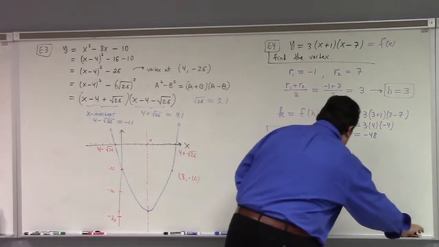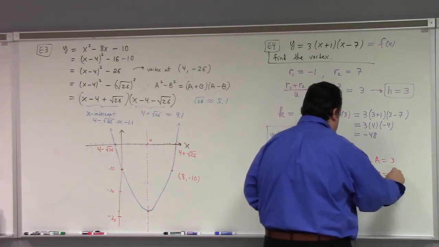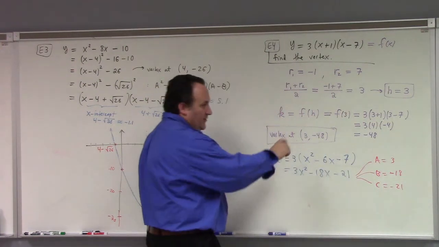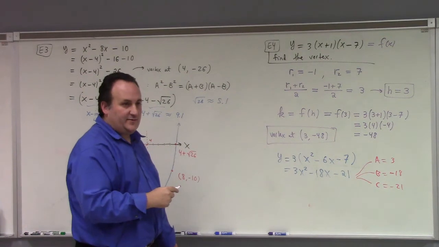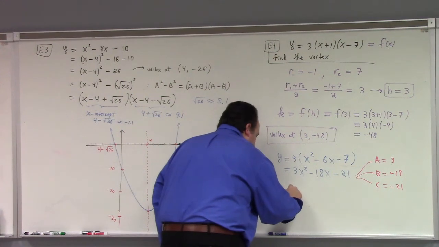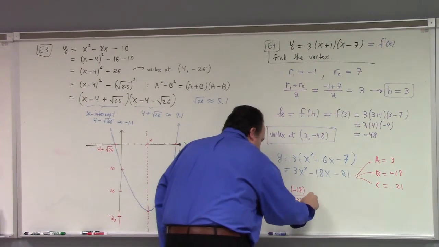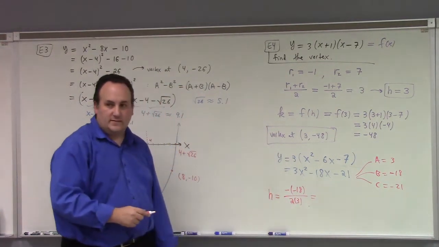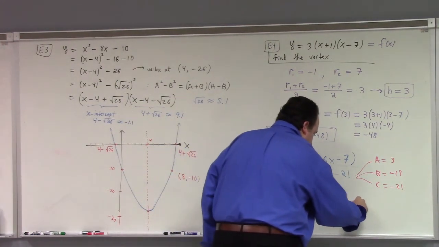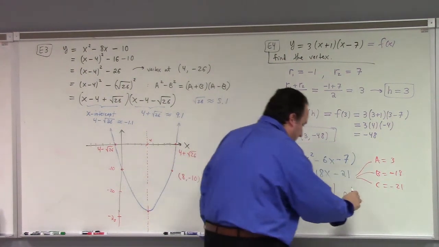But if I do this, then we could go, aha, so a equals 3, b equals minus 18, and c equals minus 21, right? And then we could go back to our h and k formulas and figure out the vertex that way, right? So h is minus b over 2a, which is minus minus 18 divided by 2 times 3, also known as 18 over 6, also known as what? 3. That's good. And k is c minus, well, let me put the numbers in. I'm using that formula right there, okay? So c is minus 21 rather,